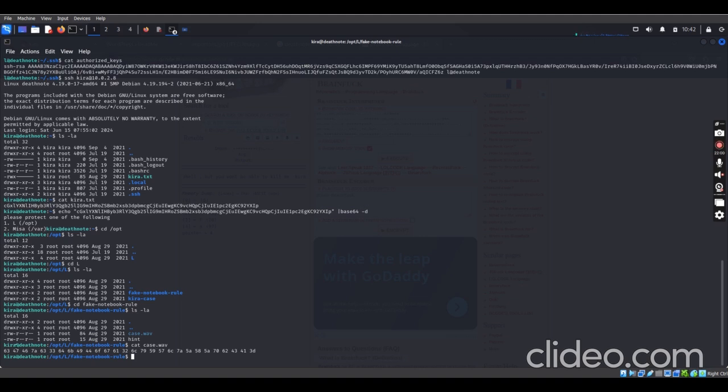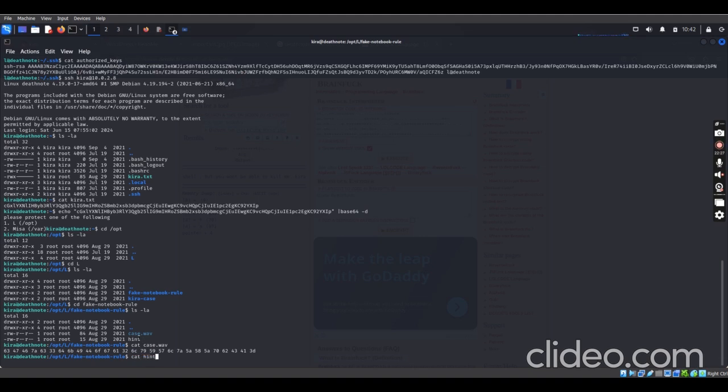So we have this hexadecimal encryption here. Looking at it, we have a hexadecimal encryption, and it's giving us another file, which is the hint. He called it the hint. So let's check that hint.